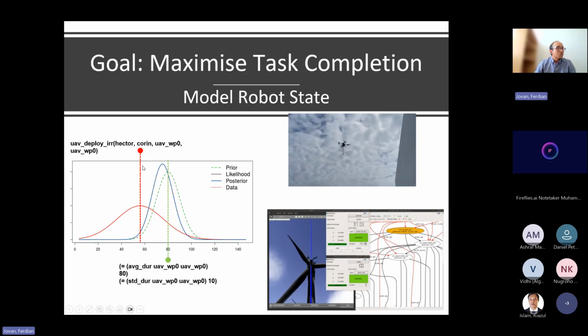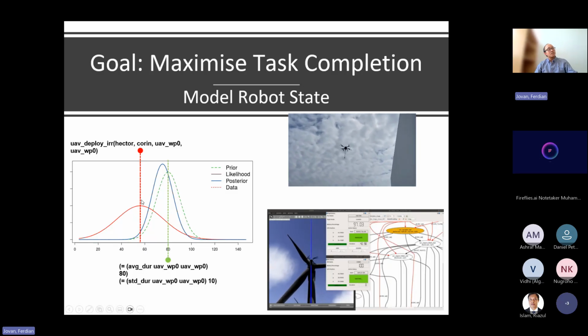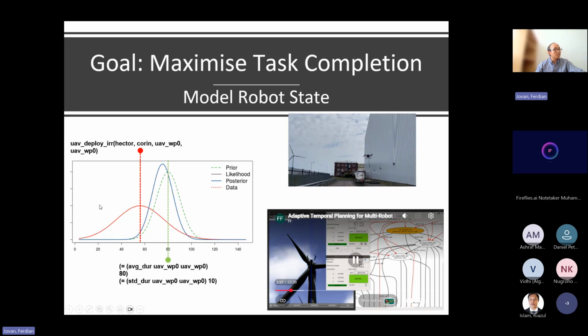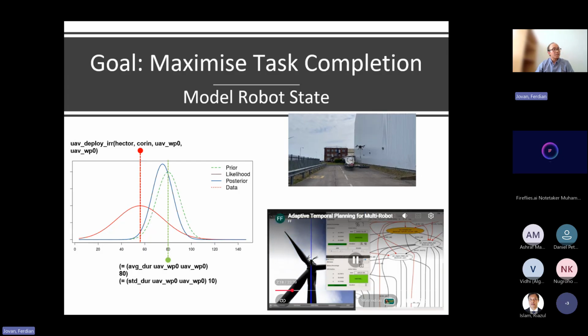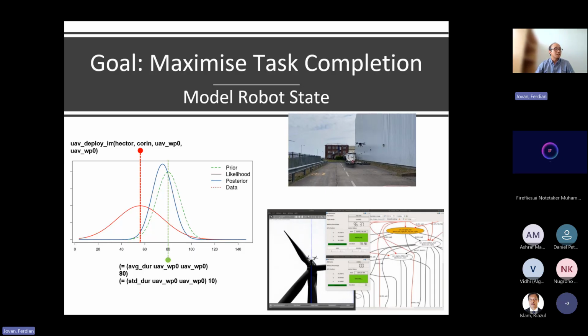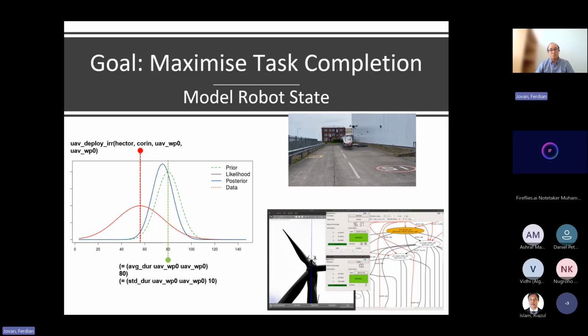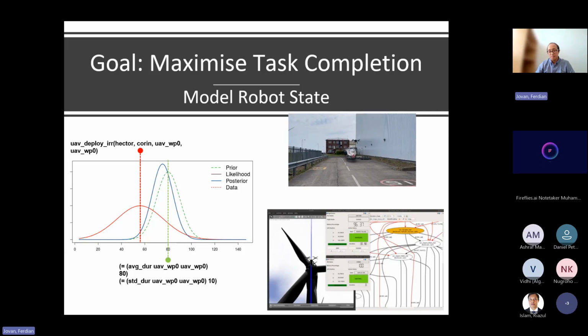Because the data is just one sample, we transform it into a distribution with the data sample as the mean, and we just fix the standard deviation. It looks like this. So we have the red line as the likelihood distribution coming from the sample data, and our prior distribution in green, coming let's say from the expert.